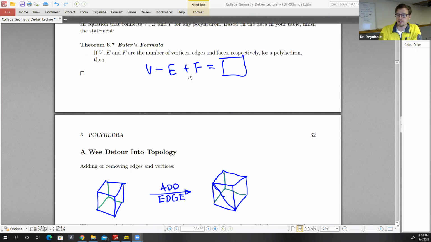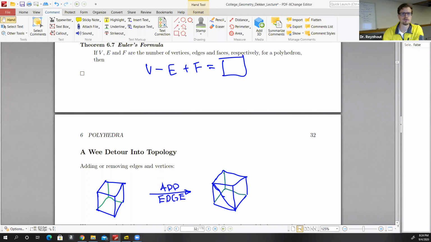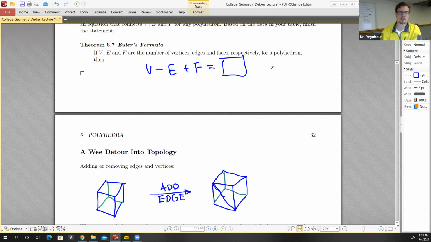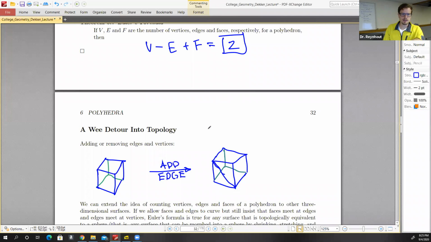The first thing that we need to do before we make it into our detour is fill in that blank from the last video. We're going to say that for the three-dimensional objects that we were looking at, V minus E plus F is equal to 2. Excellent. So continuing on with